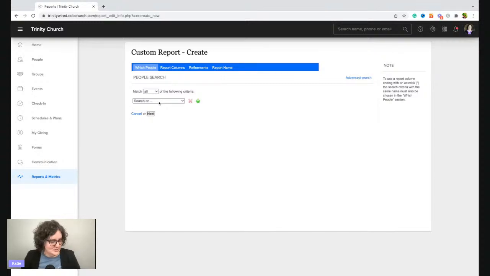So this is what this looks like. We have all of our volunteer groups set as the group type of serve. And then I also want to pull the department.